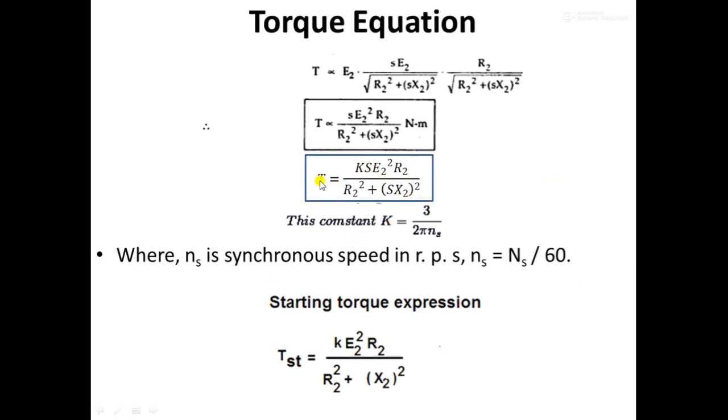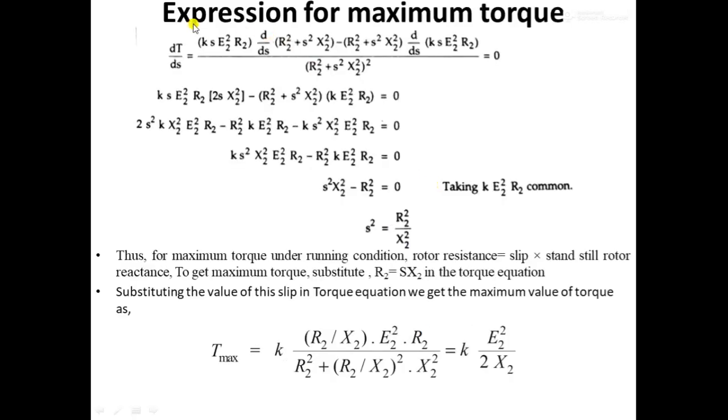While taking its first derivative with respect to slip, we will be multiplying the denominator with the first derivative of the numerator, minus numerator into the first derivative of the denominator, divided by denominator square, and then we will be equating that term to 0. See, like this: denominator into first derivative of numerator minus numerator into first derivative of denominator, both are one and the same only, and then divided by denominator square.